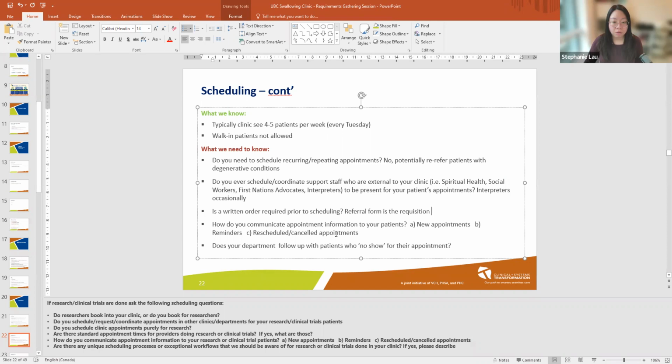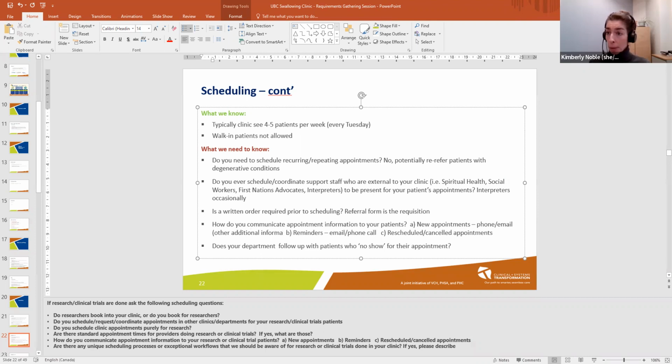In terms of Cheryl booking appointments and communicating to the patients, in terms of new appointments, reminders, I know you guys said email and phone call. What about new appointments? Is it phone call and email as well? Usually, yeah, she will often phone, and if they have an email address that they are regularly using, she'll send through some documents, like some additional information that we request from the clients ahead of time, and that would be via email if possible, or mail if not possible.